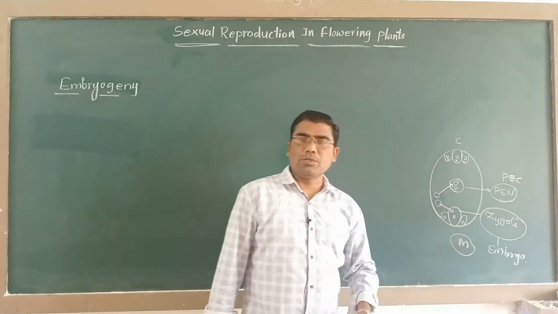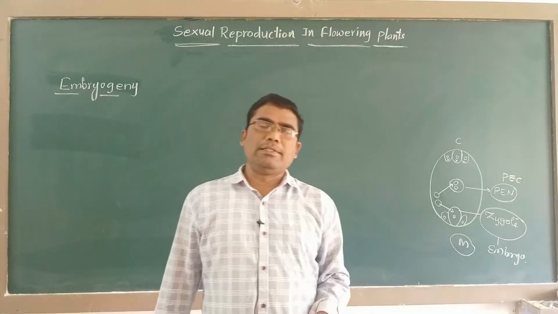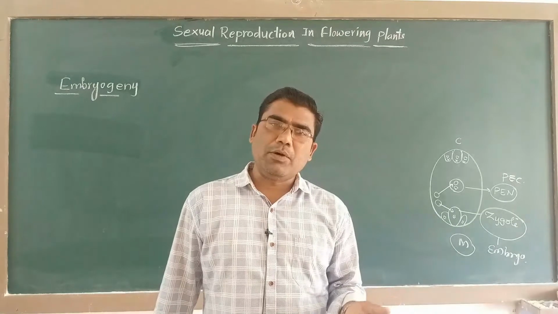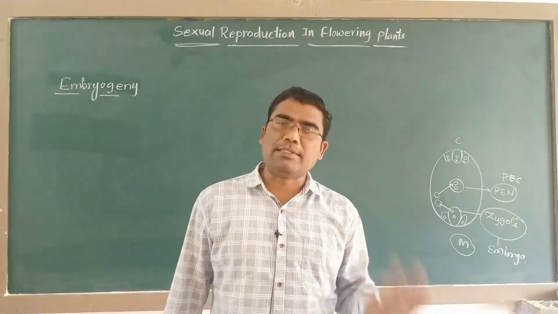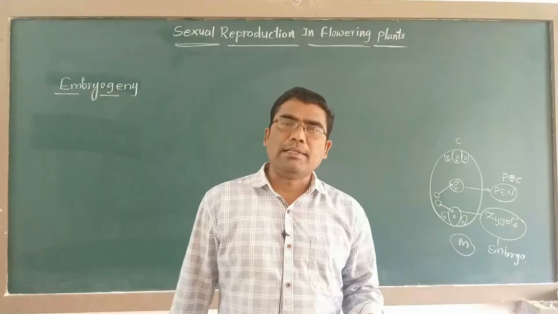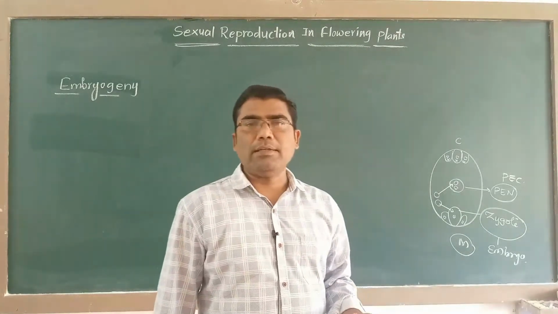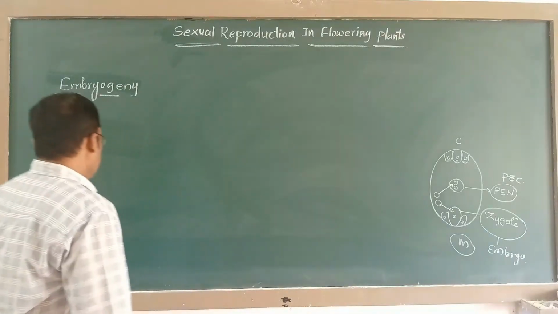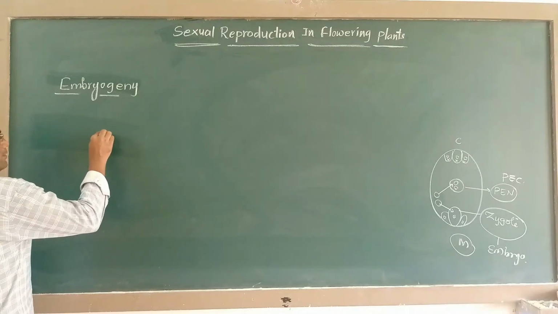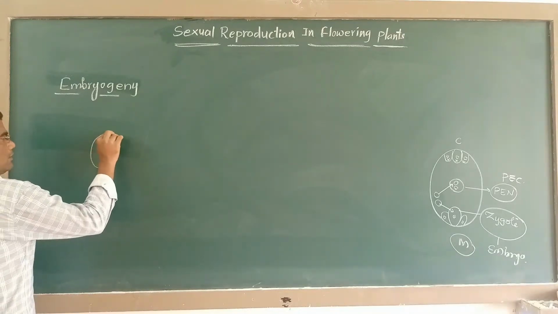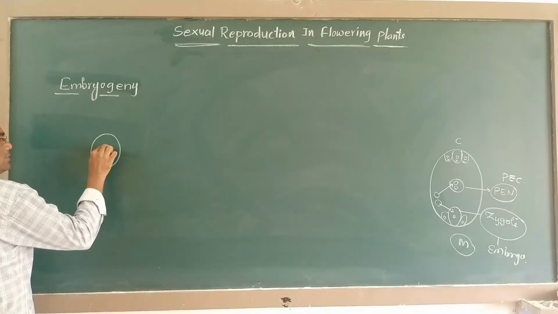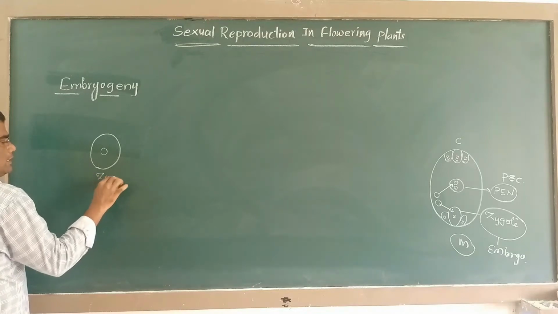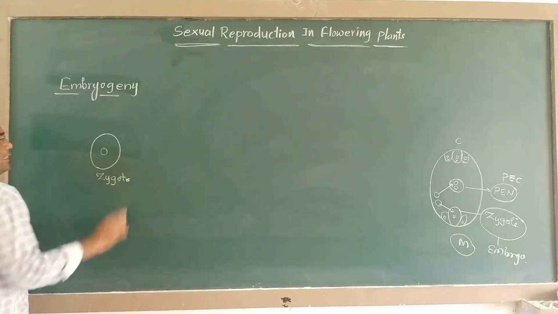Okay, how this zygote develops into the embryo, we discuss. Please remember this one. The basic development of embryo in dicot as well as monocot plants remains the same. Initial development, or we can say basic development, remains the same in the dicot as well as the monocot plants. So here we discuss. You please remember these diagrams. So here say this is the unicellular zygote. We know that this is a single celled structure.